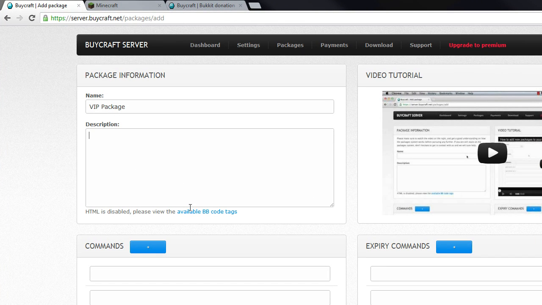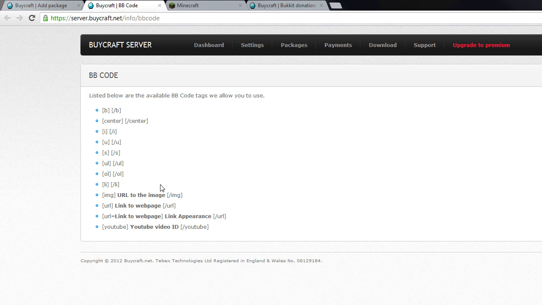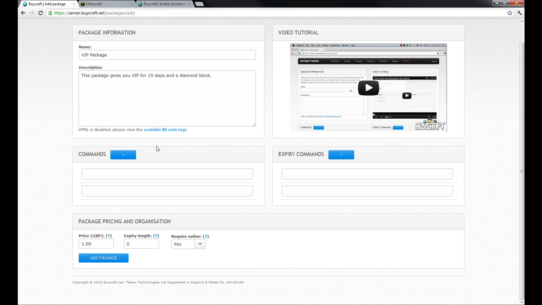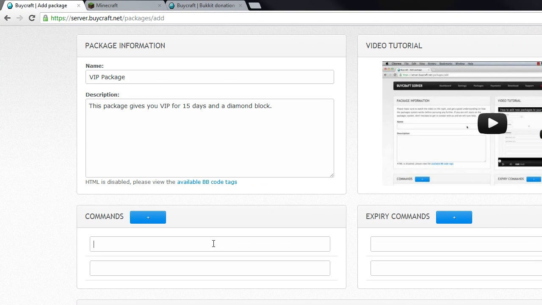There are some BB code tags which you can use, and you can find them here. So you've got bold, center and stuff, and these will be used on the page, which I'll show you later. So I'm just going to say this package gives you VIP for, let's say, 15 days and a diamond block. Now you can have whatever you like. I'm going to show you how to now run the commands. So when someone buys the package, these commands will be run